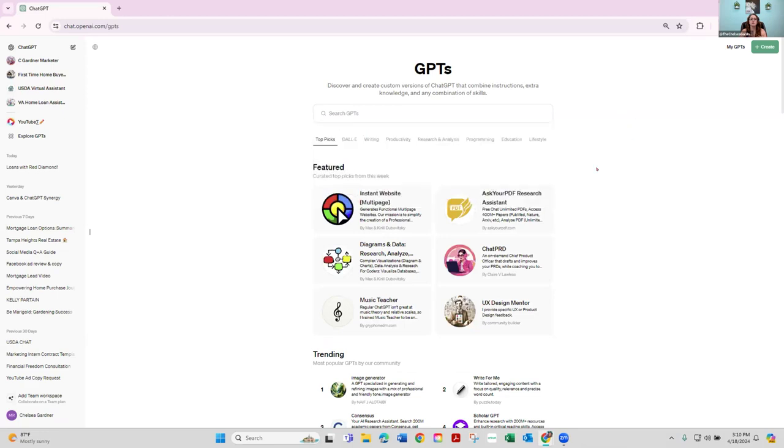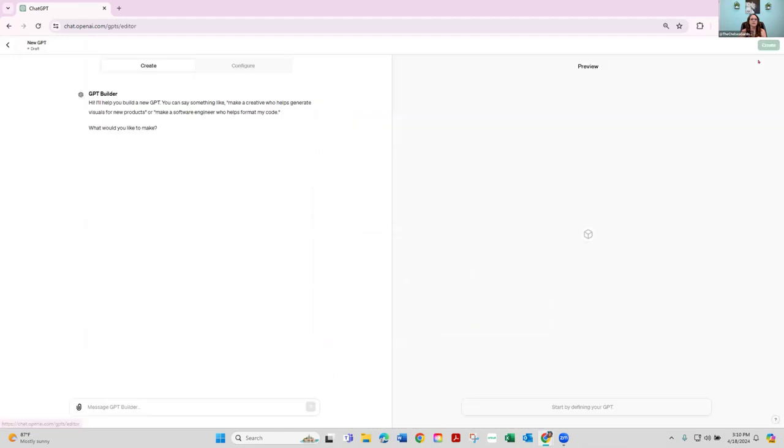own. So in order to do that, we're going to navigate into the top right-hand corner and click on Create. Within the GPT builder, it literally walks you through how to build. It will ask you questions. It will ask you everything that you need right in here.